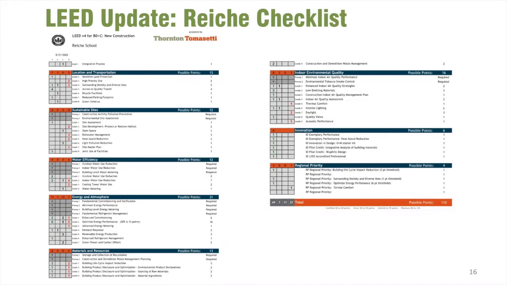Next one is sustainable sites, and it has to do with the environmental impact that we're making on the site itself. The next one is water efficiency and how we're approaching the use of water conservation. The one that has the most points is energy and atmosphere. And so that really has to do with the systems that we're designing into the building and how energy efficient they are. And then materials and resources, which is when we think about using recycled content or recycling items